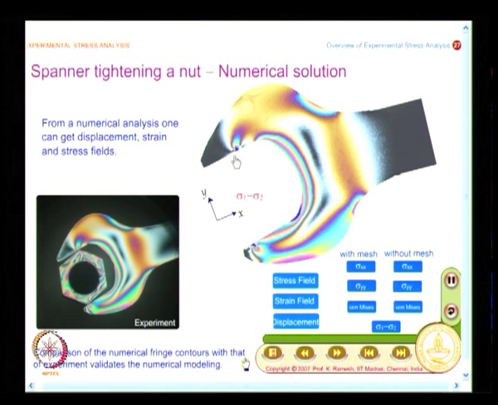And what is seen here is, here I have taken the effort of plotting fringe contours what you get in an experimental technique, and that requires special software to be developed. It is not readily available in standard packages, and we have this, and this is the best way to compare results of photoelasticity with the actual experimentation. When you do a numerical analysis, you can compare with photoelasticity comfortably.